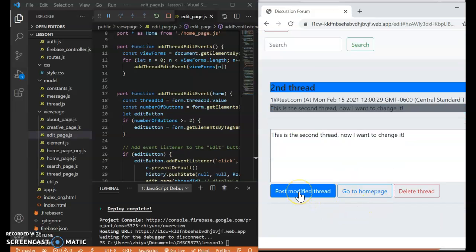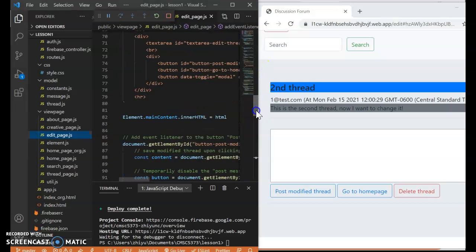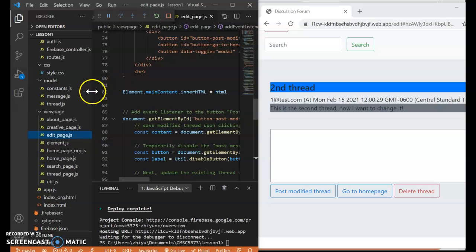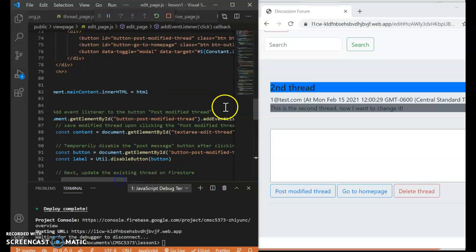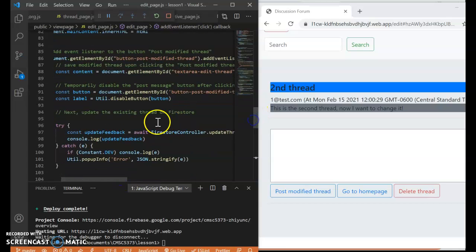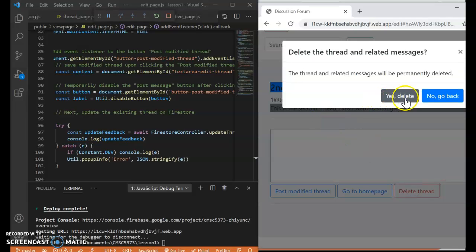For the post modified thread, I have the event listener here. So this is the event listener, and after I get the new content, I push it onto the Firestore. I update it. And to delete the thread, I either click yes delete or no go back, and there are two